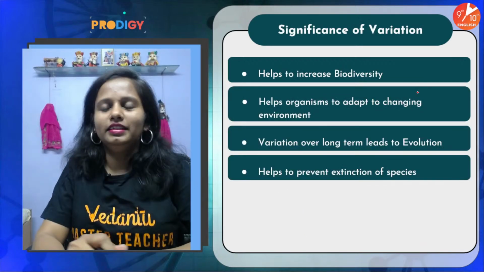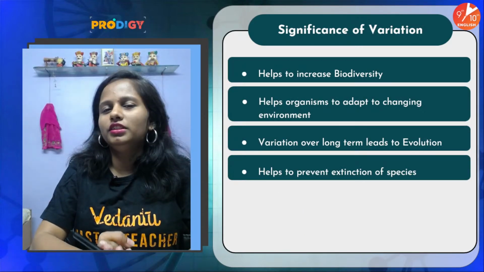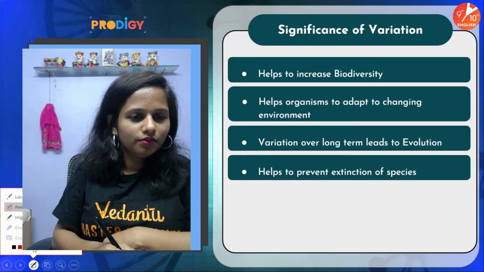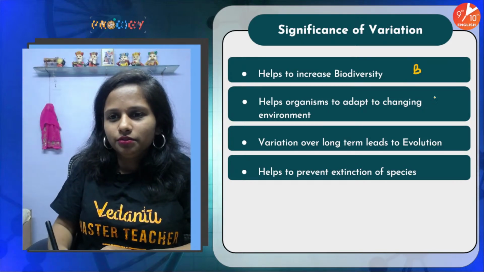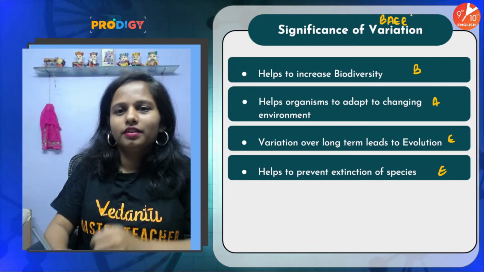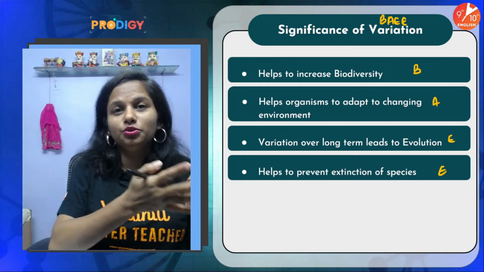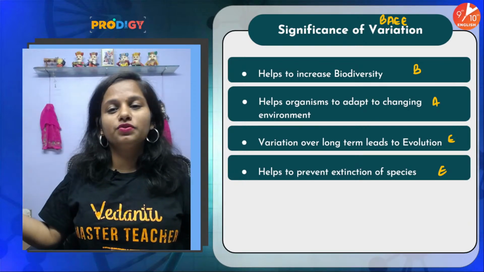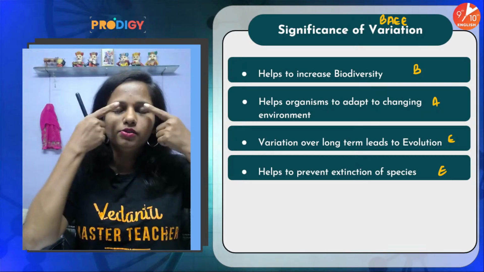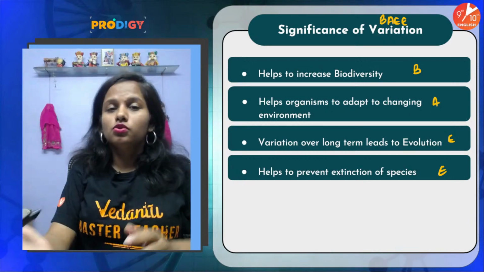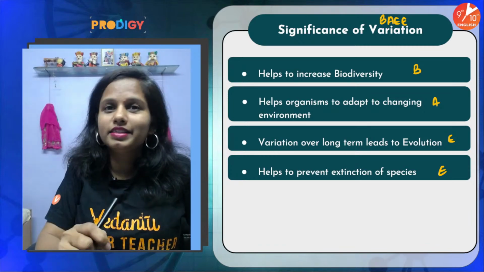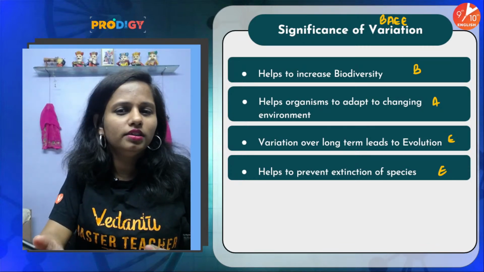Okay, then significance of variation, importance of variation, so I call it as BAEE, bay. Remember guys, 2 mark question. It helps in increasing biodiversity from unicellular to multicellular, from simple to complex. We have such a diverse life around us. It helps in adaptation, है ना? Camels have long eyelashes and a hump at the back. Polar bears have a thick blubber underneath their skin. They are white to camouflage. So all these are adaptations, right?